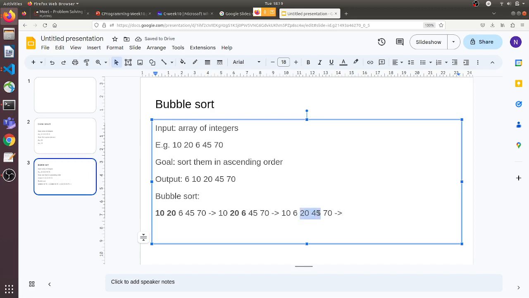Now you are going to take the next two elements, 20 and 45. Okay, you take the first and second, then second and third, then third and fourth. So you're going to take adjacent elements every time and you're going to compare them. Okay, so 20 and 45 are in correct order, so no need to do anything. So your array will be same as before. I'll just copy it here, and then here